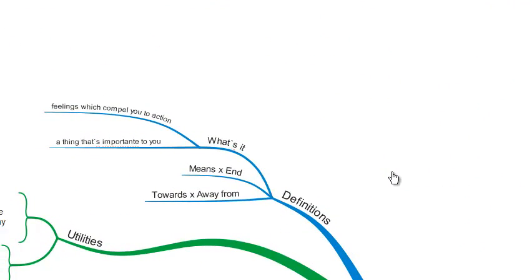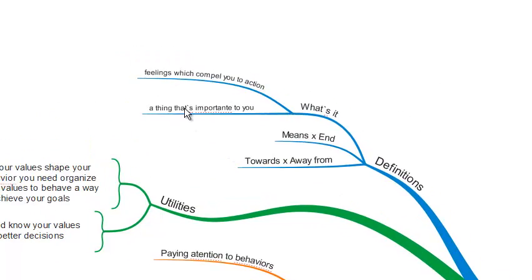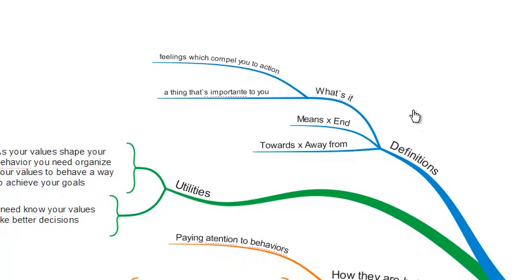Okay, we'll start. What really is a value? A value is a thing, a feeling, which compels you to action. For example, you are sitting on your sofa with your TV to watch, and you could wipe your house and clean it. If the pleasure or comfort is higher than the cleaning value, the good environment, and that feeling behind cleaning something,